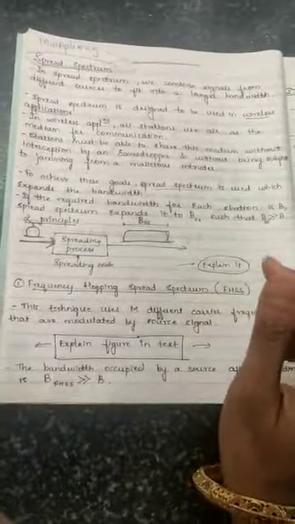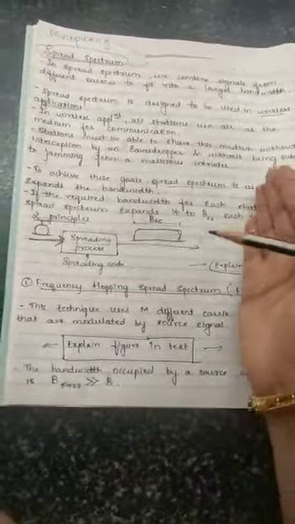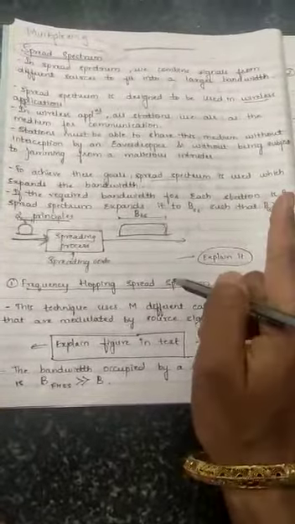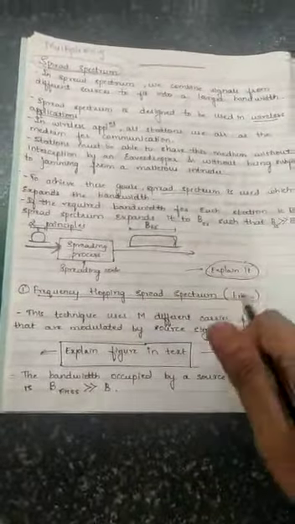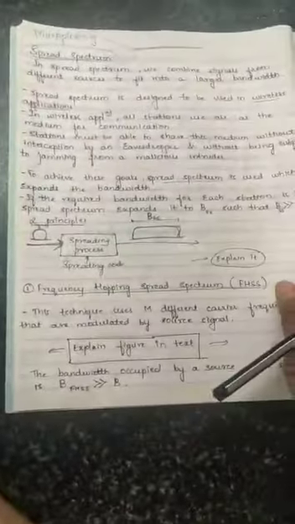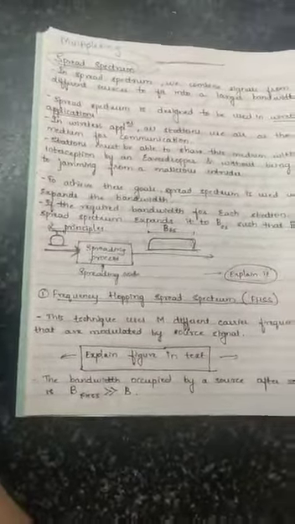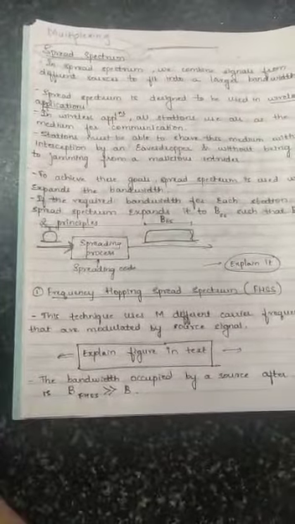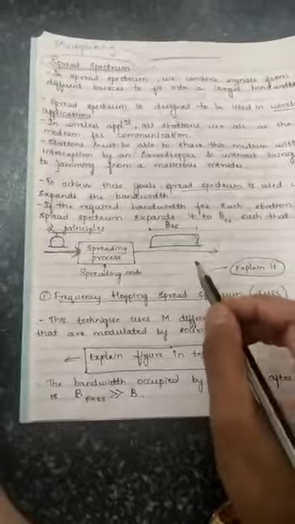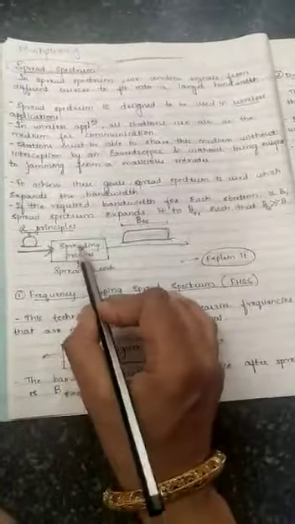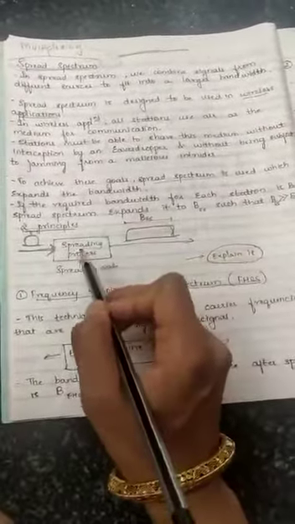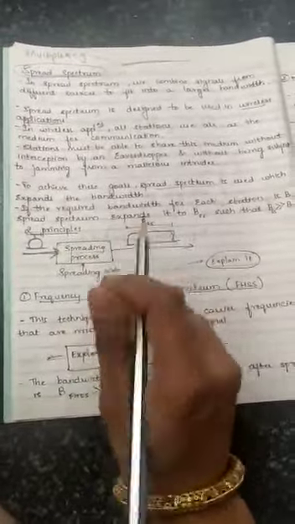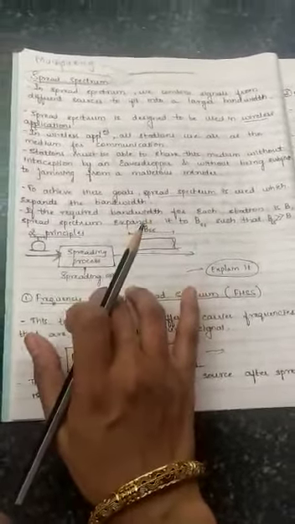Spread spectrum usually achieves its goals through two principles. The first principle is that the bandwidth allocated to each station needs to be larger than what is needed, means it should be larger than the original bandwidth. The second principle is that the expansion of the original bandwidth B to the bandwidth BSS must be done by a process that is independent of the original signal. So this expansion should be done using the spreading process. These are the two principles involved in the spread spectrum process.